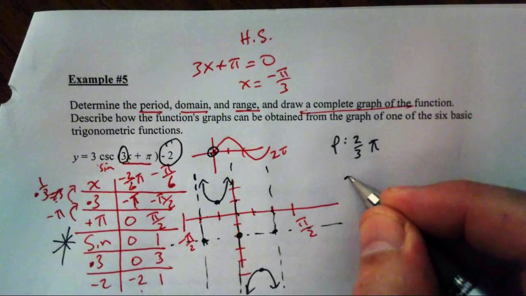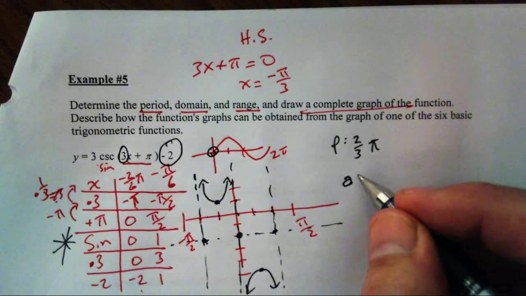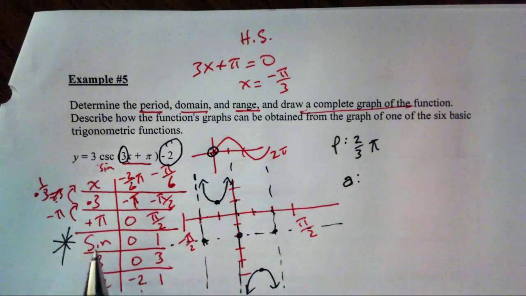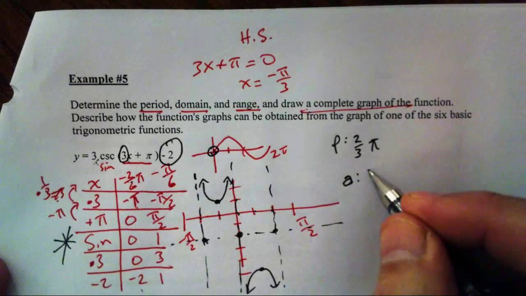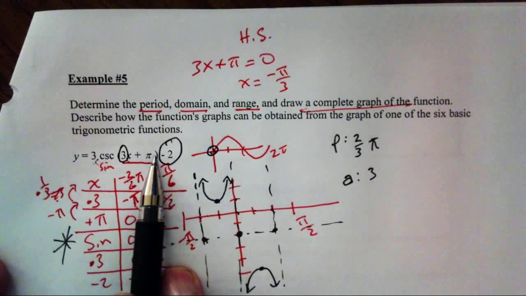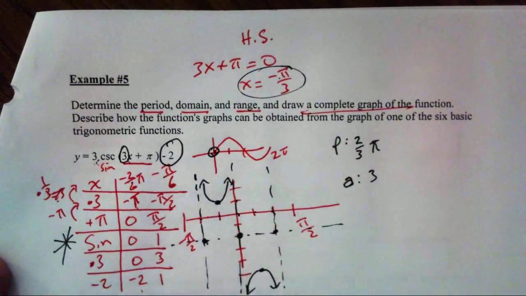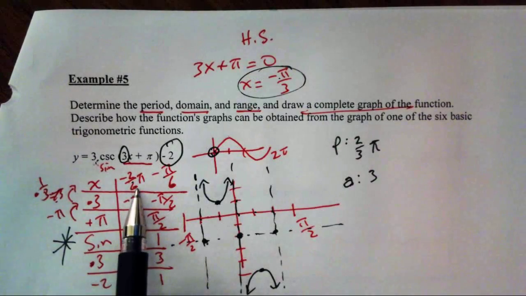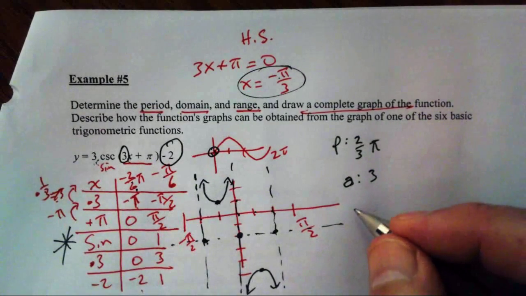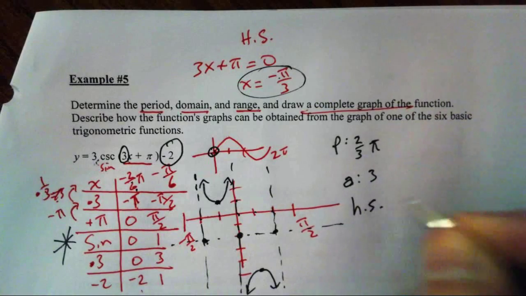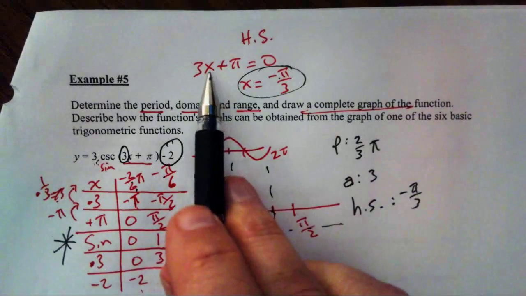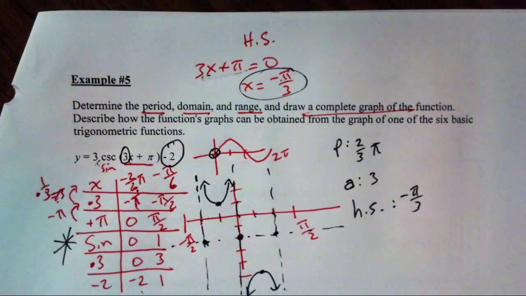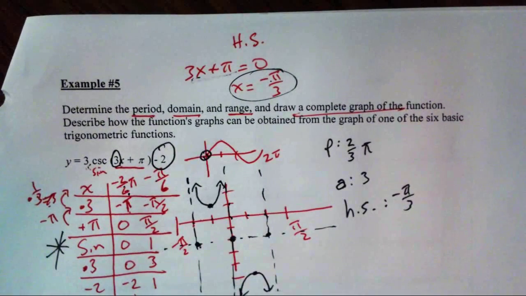Our amplitude, if we had an amplitude, which we don't for cosecant graph, but if it was a sine graph, our amplitude is determined by this, 3. We're up 3, down 3. Our amplitude would be 3. Our phase shift, right here, but look at this, we got it right there, is negative 2/6 pi. Our phase shift, our horizontal shift, I know we're not asking for all those things now, but our horizontal shift would be negative pi on 3. Set the argument equal to 0. We've got all of these things. So lots of information there. Our vertical shift,